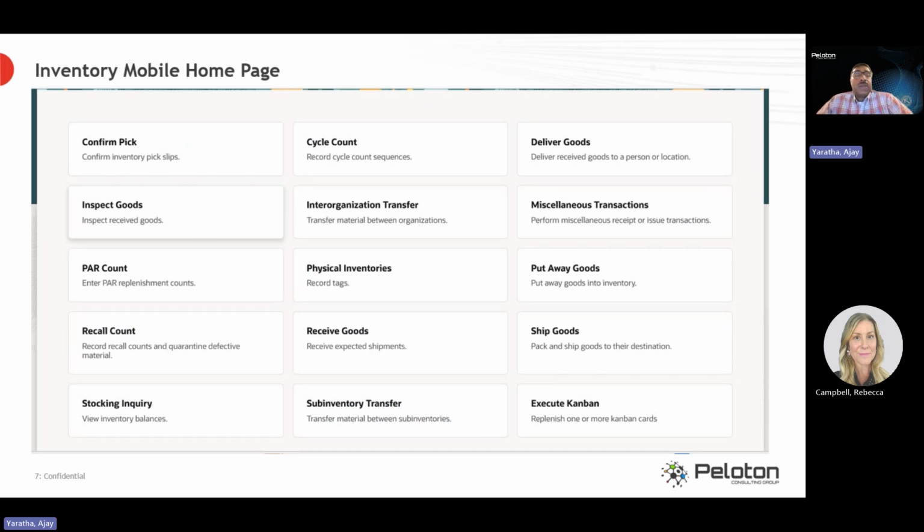Okay. Coming to the transactions that are possible in Oracle Inventory Mobile, these are all the transactions that are enabled for mobile in 25B. I'm sure Oracle would be adding more transactions, but as of now, these are the transactions. We can do pick confirm, we can do inspect goods, par count, that is periodic automatic replenishment count, wherein you can count